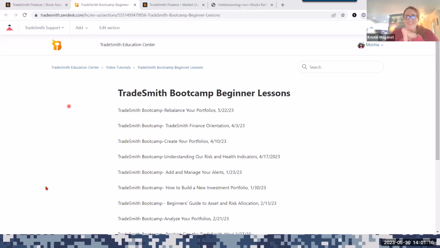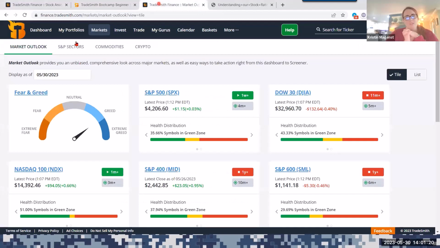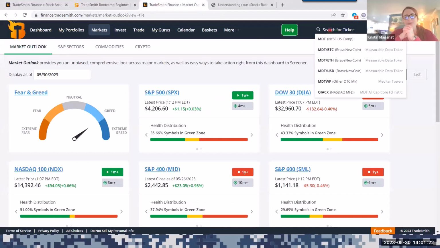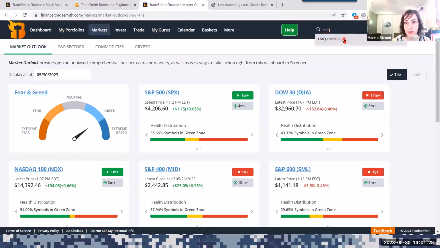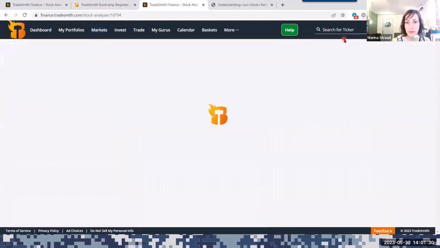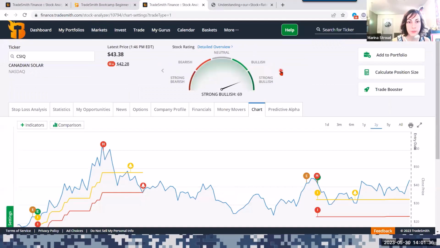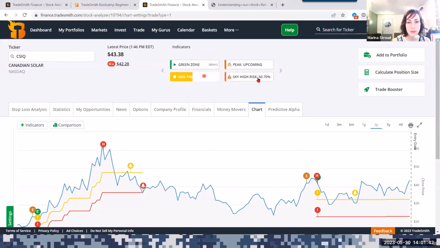Yeah, it's awesome. Patricia does have a Canadian Solar stock. Do you have time to look that up? Really? Okay. CSIQ. All right, Canadian Solar. Yeah, so this one has ratings. Now, does it have a BQS? It does not have a BQS. So the criteria,